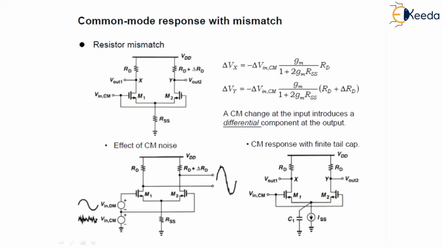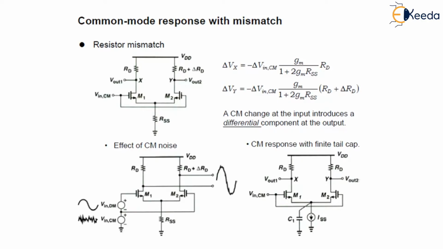So now we study the effect of input common mode variation if the circuit is asymmetric and the tail current source suffers from a finite output impedance. We have already seen that the current source cannot have an infinite output impedance. It can have finite output impedance. We will consider that, and we will also consider that the circuit can be asymmetric.